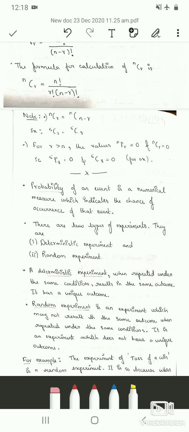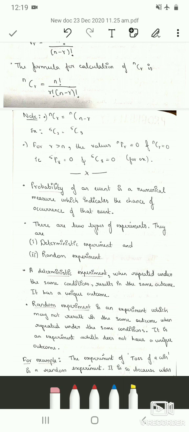So the theory of probability originated as the theory of games and chances during the 17th century, and the classical definition of probability was given by Laplace in 1812, and then later there were many developments and many research and theories were proposed by many great statisticians. So we will be using probability in our day-to-day life also. So hence it is very important for us to understand the concept of probability.